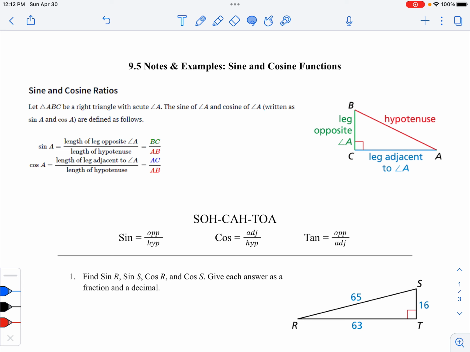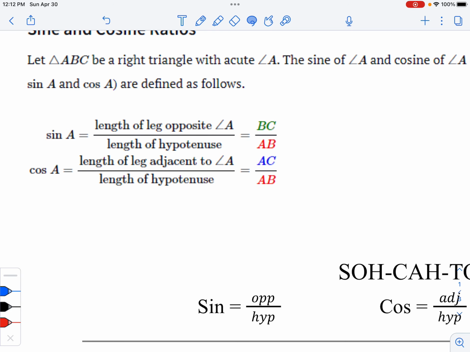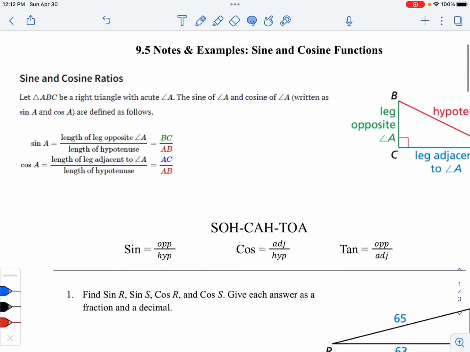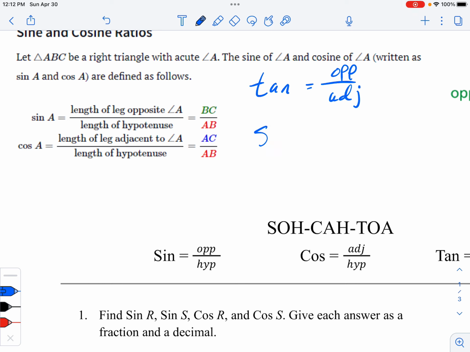straightforward. The only difference is that sine and cosine are a ratio of different sides. And so we see this kind of model on the left that goes with the diagram on the right, and we can simplify this a little bit. We know that tangent is the ratio of the opposite over adjacent. Now we're adding sine, which is the ratio of opposite over hypotenuse, and cosine, which is the ratio of the adjacent side over the